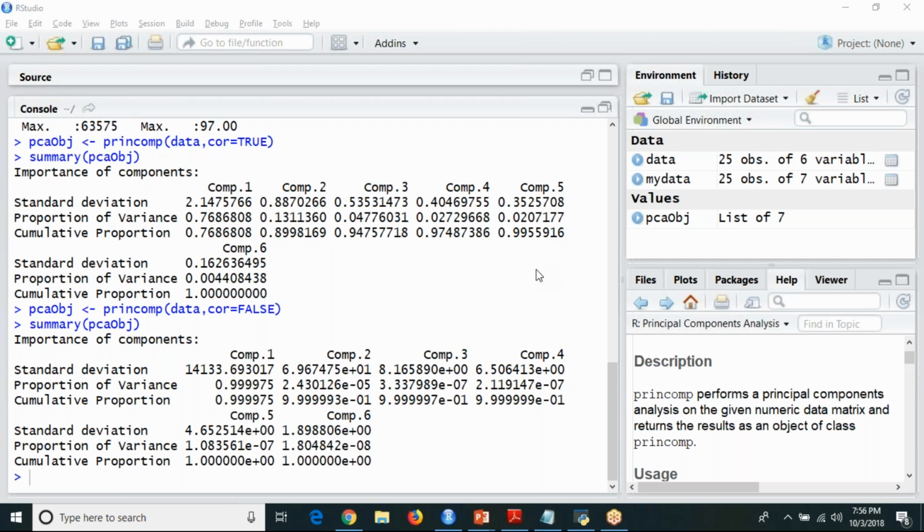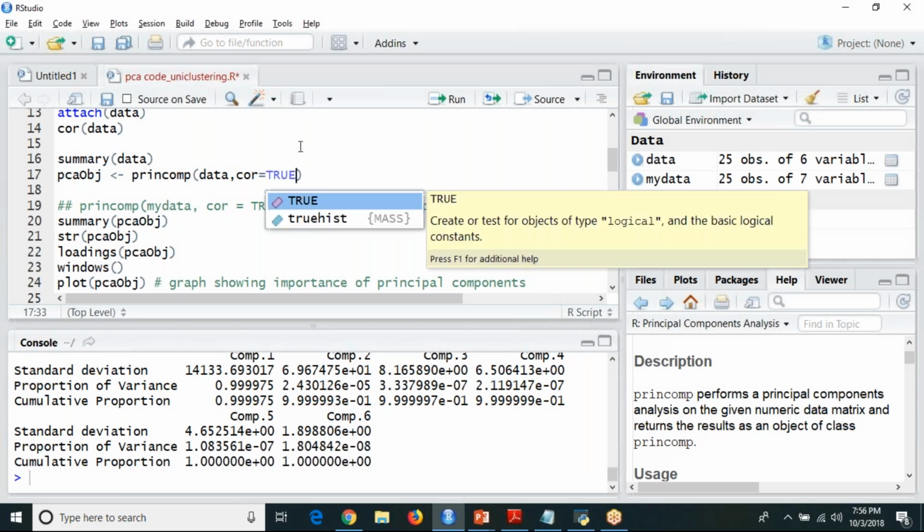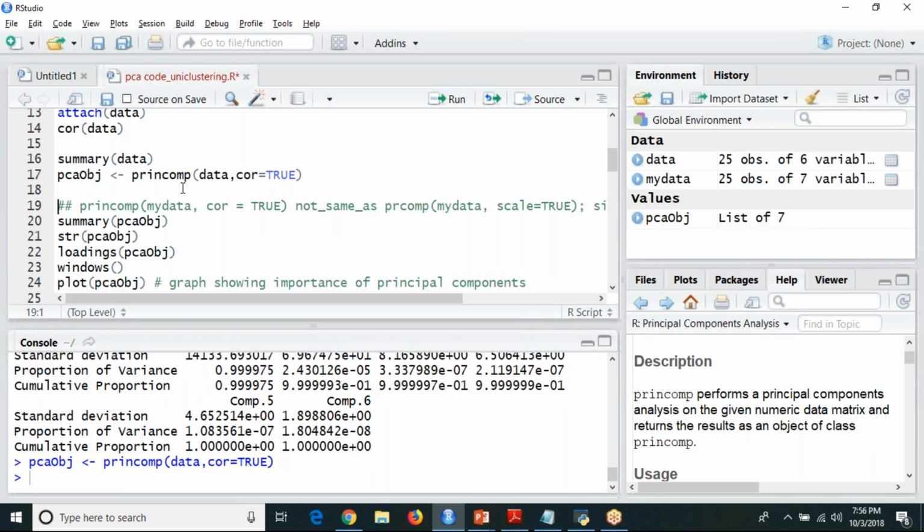Okay, so we need to check the correlation earlier before applying this, just for confirmation. No. It is mandatory. You should give here correlation is equal to true, because as I told you yesterday itself, it is your assumption that before implementation of PCA, your data set will be 100% correlated. Just to show you whether there is any real true correlation, I ran this line. That's it. That is mandatory. You should follow this COR is equal to true.